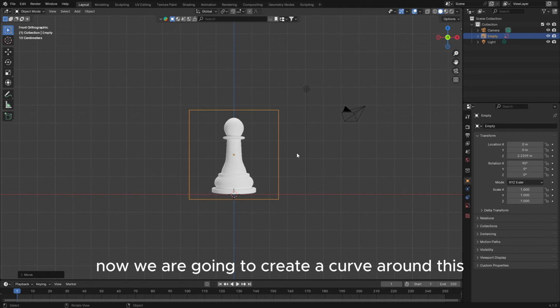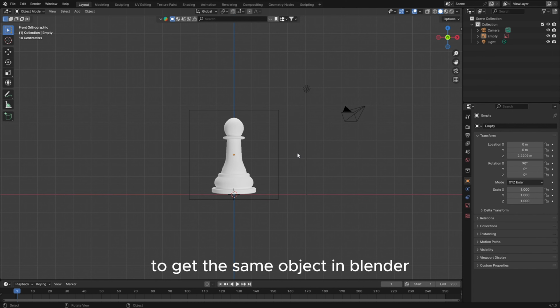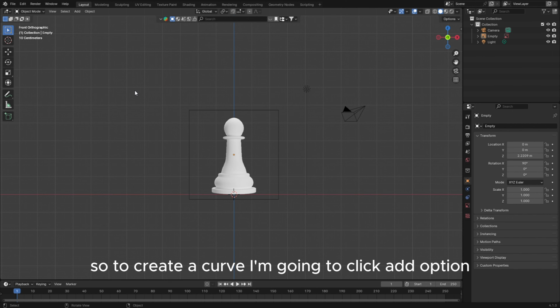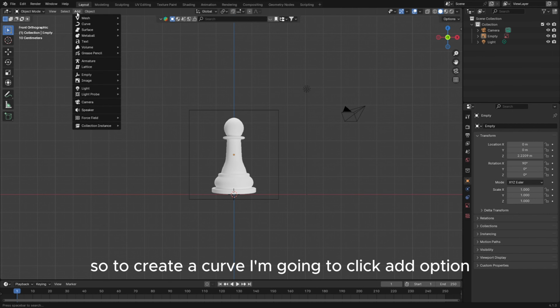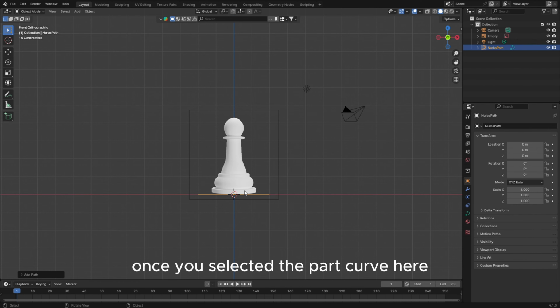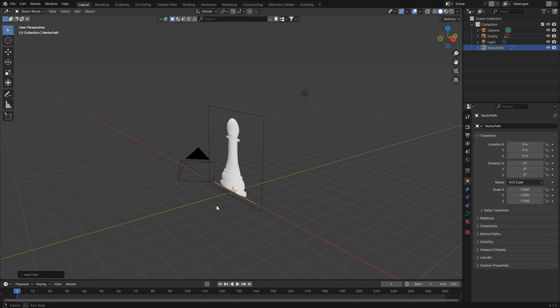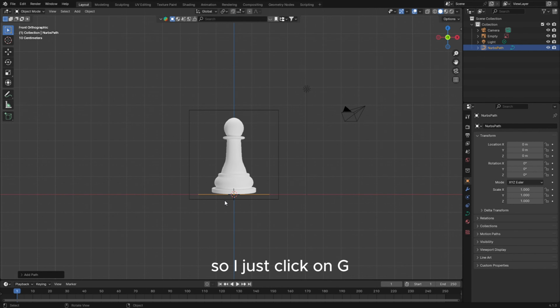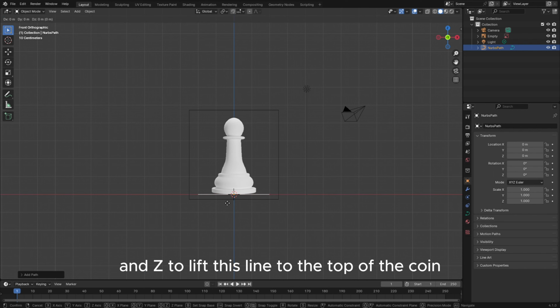Now we are going to create a curve around the outline of this image to get the same object in Blender. So to create a curve, I'm going to click the Add option. I'm selecting the Path curve from the Curve menu. Once you select the Path curve, you can see a straight line which is generated here. I'll just press G and Z to lift this line to the top of the coin,